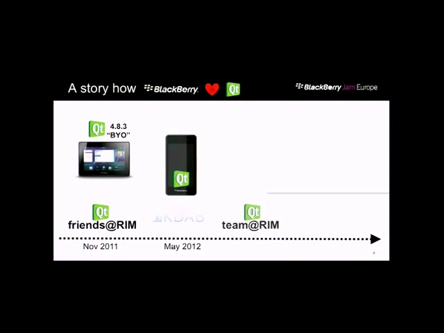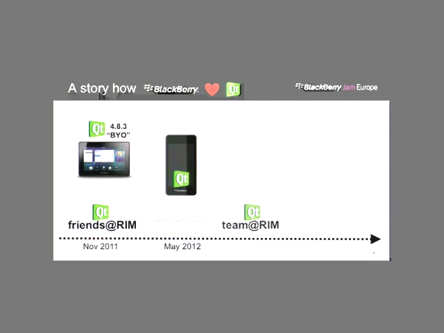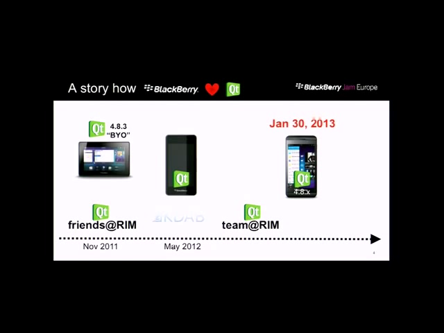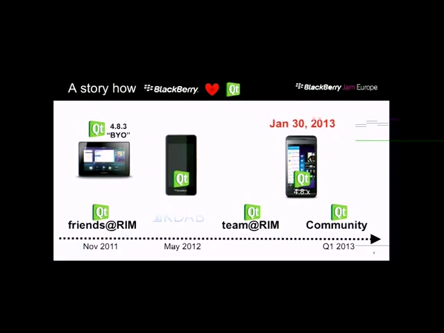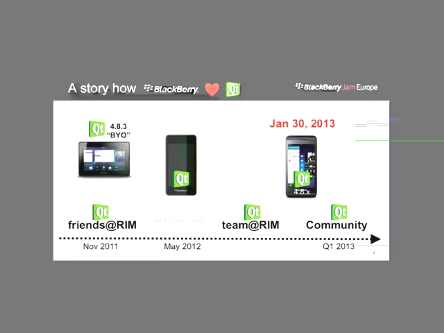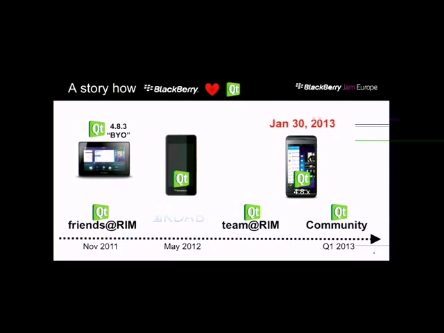Sometime later, the project became larger and more important, certainly quite some work to be done. And there was the start of the Qt team. And as you certainly know, it's hard to miss, especially at this event, we launched BlackBerry 10 on January 30th. It contains Qt 4.x, and specifically put x on it because we are constantly in development, and we also take changes in the upstream Qt and integrate them in the firmware. So we're keeping Qt up to date in BlackBerry 10. The vision for 2013, sorry,